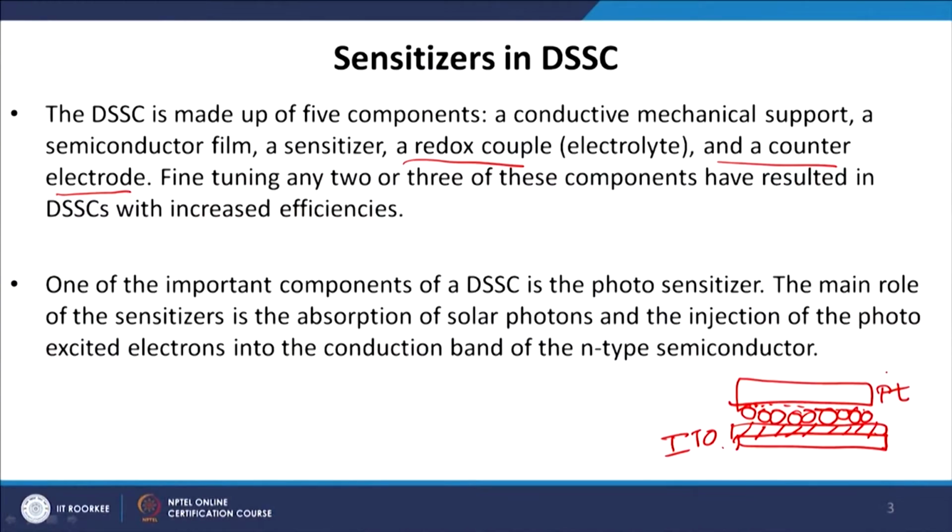Now, people have used different choices of material. For example, for the semiconducting oxide, people have used titanium dioxide, zinc oxide or any other metal oxide also. Not only the metal oxide in the bulk mesoporous form, they have used different nanostructures also for these metal oxides, like titanium dioxide nanorods, titanium dioxide nanocubes, for example. And for sensitizers or dye molecules, similarly we can choose different kinds of materials.